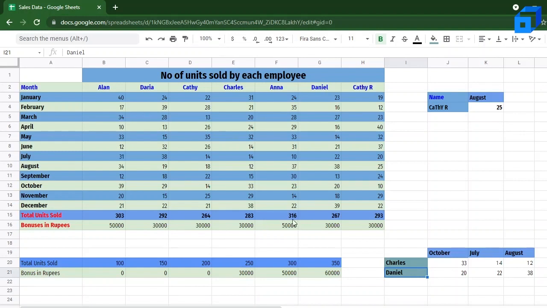Now let us check the same thing for 316. So HLOOKUP scans until 350 because the value of 316 is between 300 and 350. And then it assigns the previous column's value, which is 50,000, to the value 316. And the approximate matching works only if these values are sorted in ascending order. So here you can see that the values are sorted in ascending order from 100 to 350. And this is how the approximate matching in HLOOKUP is done.